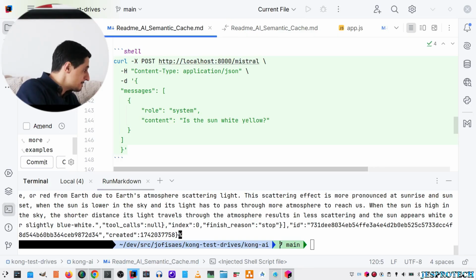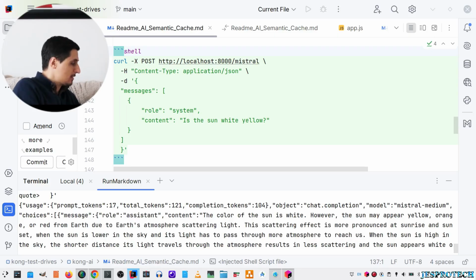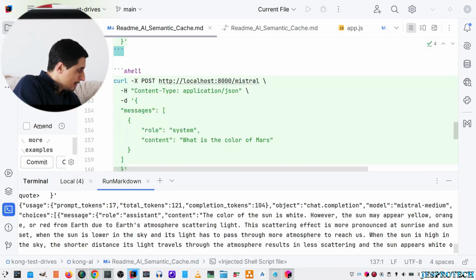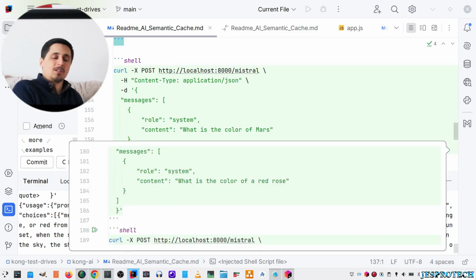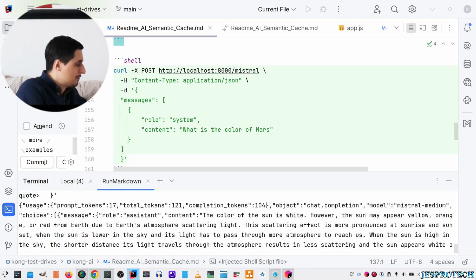And if we run this, we get the color of the sun is white, however the sun appears yellow. It's exactly the same response, with also that comment about atmosphere scattering light. Now we come to another question. What is the color of Mars? This is a different question, but